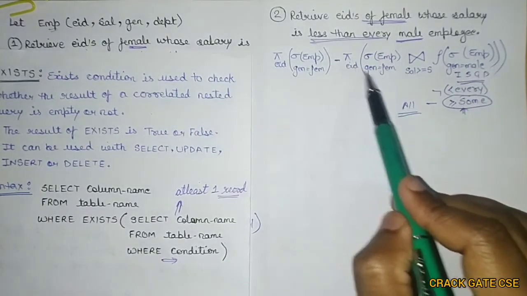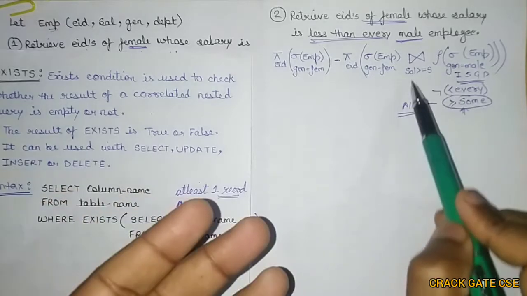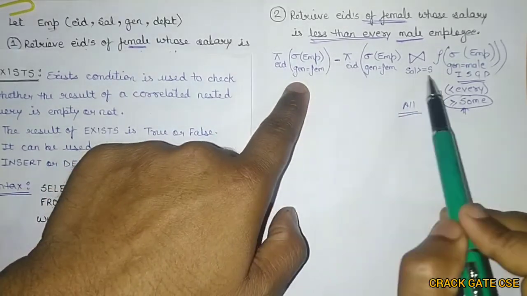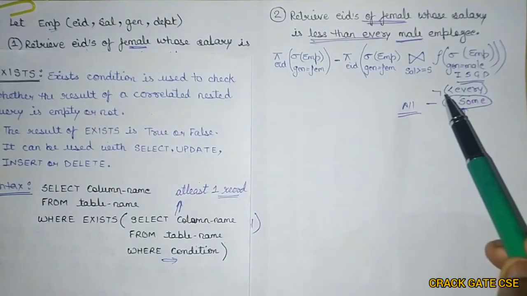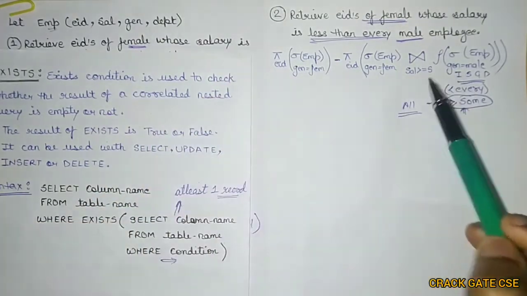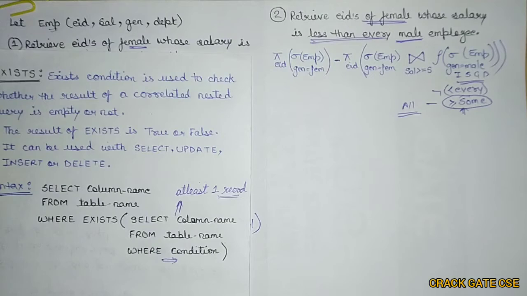Now after getting these, some output will be given from this, and if you subtract this sum from all, we will be getting the required condition. So this is how this is formulated. If you are not getting how exactly we did it, you can refer to my relational algebra videos. There I have shared a lot of content so you can easily understand how you can formulate the relational algebra query from any statement.